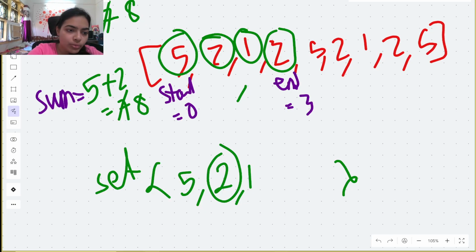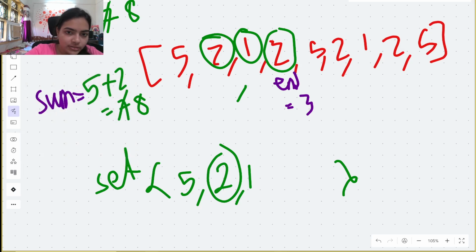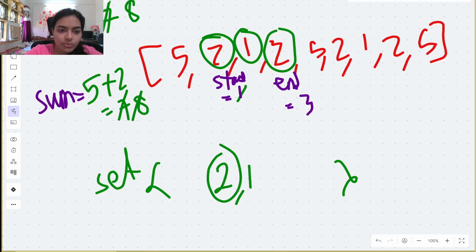How can we remove 2? By moving the start pointer. So we will have to move. So we see that the start is at this particular element, so 5, right? So we should remove this 5 from the set. So if we move the start pointer, we will have to remove 5 from the set. So we move the start pointer to the index 1, and from the set we will have to remove this 5. We are removing from the set means we are also removing from the sum. 8 minus 5 is equal to 3. So the sum will become equal to 3. Now obviously we have a better answer, so we will not change our answer.